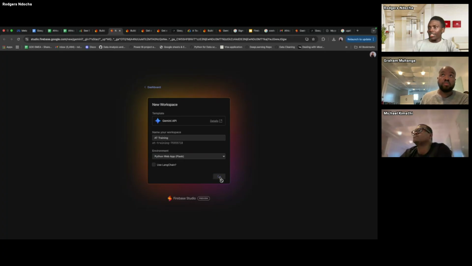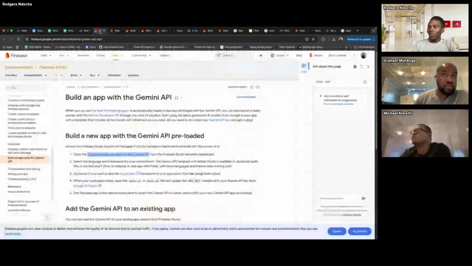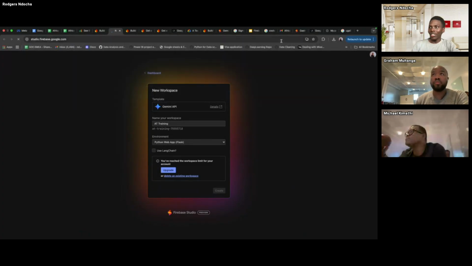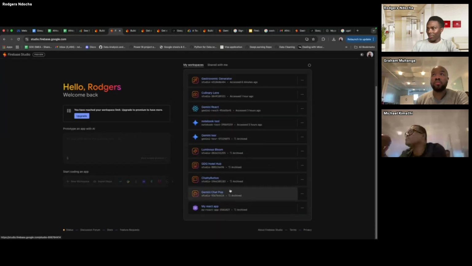And then if you create this, it's going to spin up the environment for Python. Okay, this is what I was talking about. Unfortunately, I have my limits, so I can go back to my Firebase Studio and delete one project because I have so many projects over here. Let me archive some which are not useful. Let me archive this.